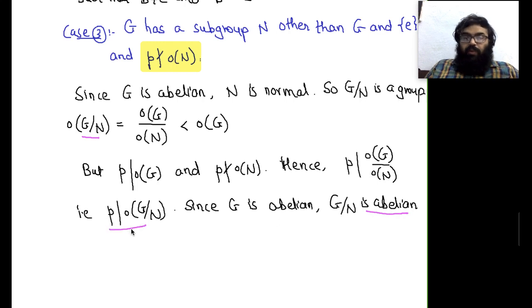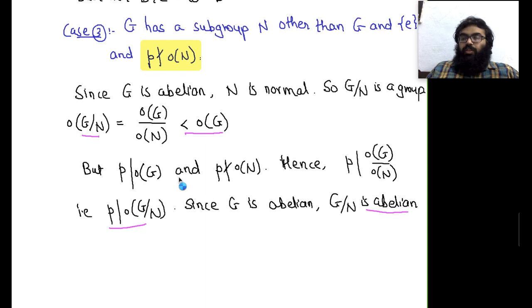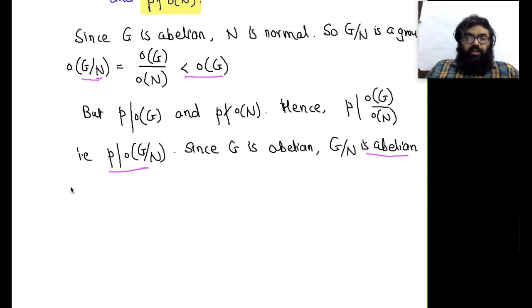P divides order of G quotient n, and the order of G quotient n is less than order of G. So that is actually Cauchy's theorem. We have assumed the result is true for all those abelian groups with order strictly less than order of G. So G quotient n is an abelian group, P divides this, and order is strictly less than order of G. So then by induction hypothesis,